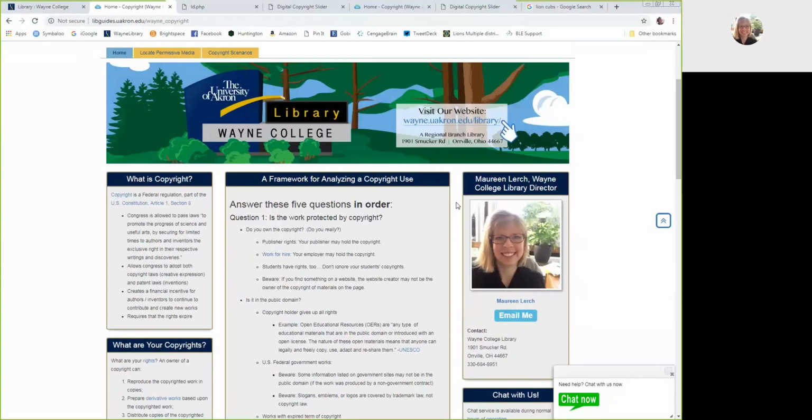Okay, so there are some guidelines that we use here in the library. They're not law, they're simply guidelines. So if it's a book that has 15 chapters and you want to use 1 chapter and provide that to your students, that might fall under the amount as being under fair use. It also has to do with how much time it would take to get the license or get copyright approval. So probably a chapter would be appropriate to provide your students while the book is coming in.